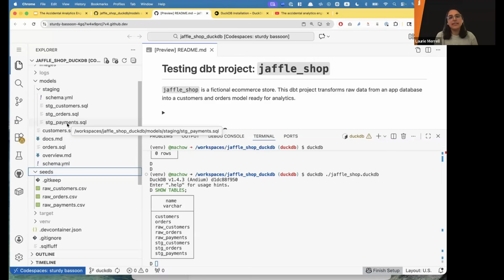Like all their docs and their tutorials were like sign up for BigQuery. So you had to connect to a warehouse. So I'd almost flip it and I'd say if you have these CSVs and DuckDB, you can just run everything locally. It's true you won't get quite the same production environment because you won't be hitting Snowflake or BigQuery.